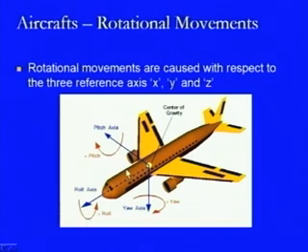Similarly, when we look at the y axis that is coming in this direction, then there is a possibility that the aircraft can take a movement like this, meaning the nose will go up and the tail will come down, or the tail will go up and the nose will come down. So, that is the movement which can take place in the case of the y axis, and this type of movement of going up or going down is known as pitching,